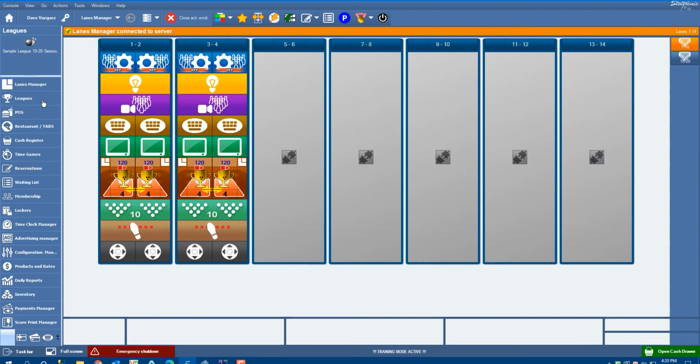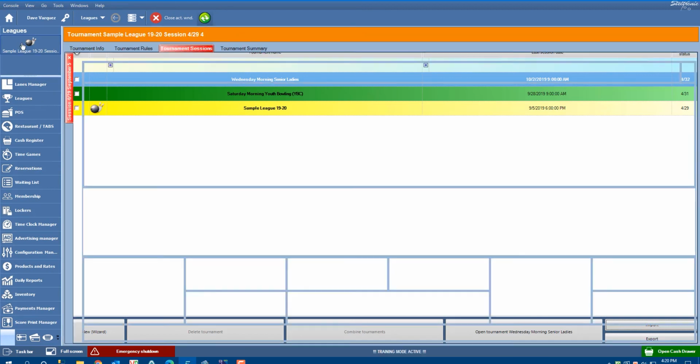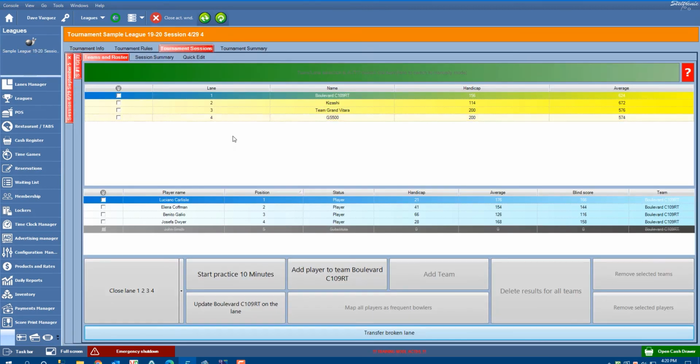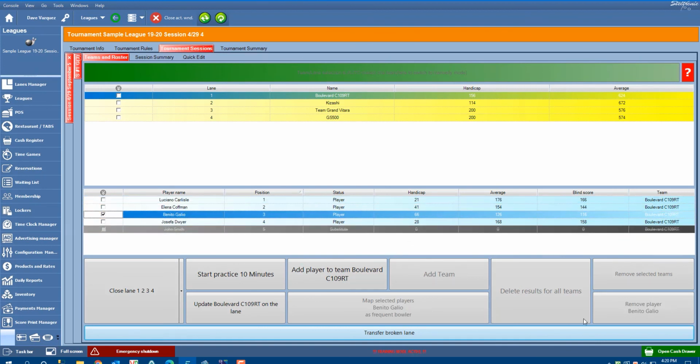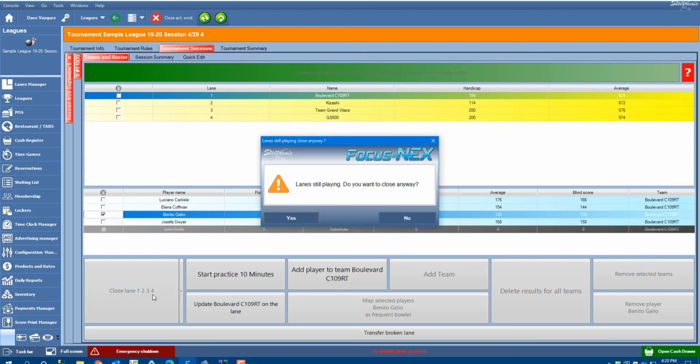If we go back to the leagues, go back to that sample league, you can also remove players. There's players that you can select, and you can highlight the players and then remove the selected team, remove the player. So there's some different things that you can do there. If I close this league out,